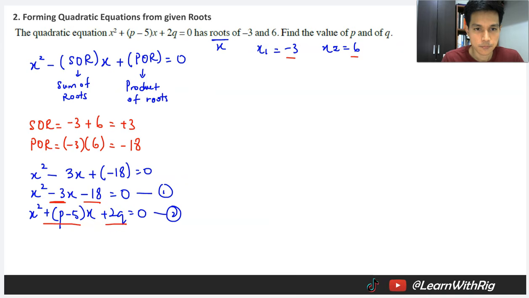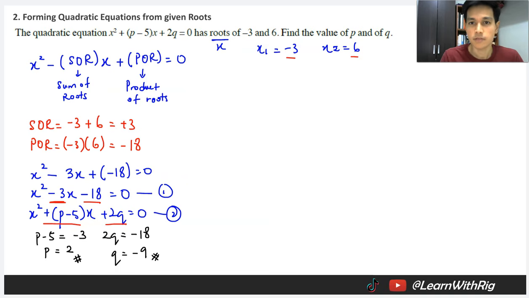So first thing, p minus 5 equals negative 3. So p equals negative 3 plus 5, answer is 2. What about q? So 2q equals negative 18. So q equals negative 9. So you have found the value of